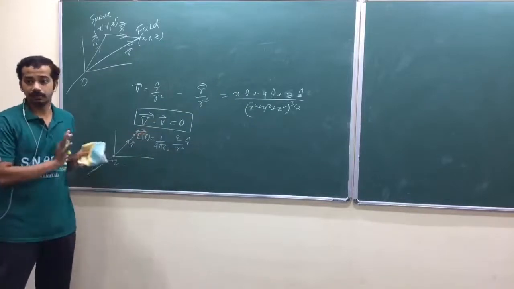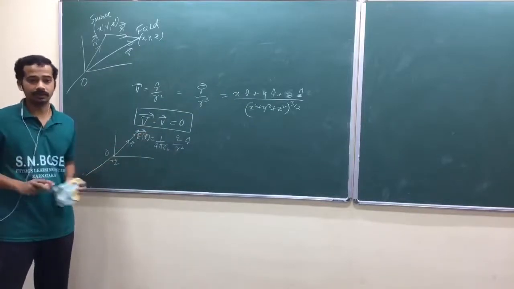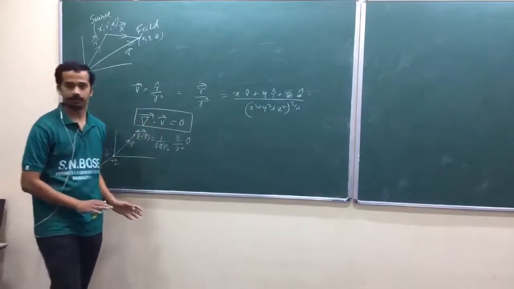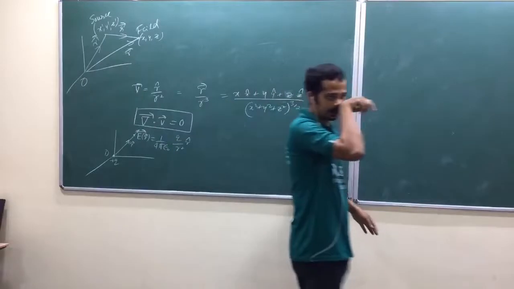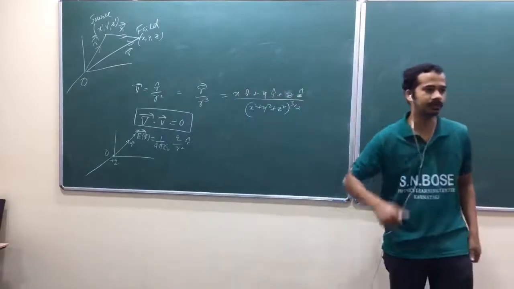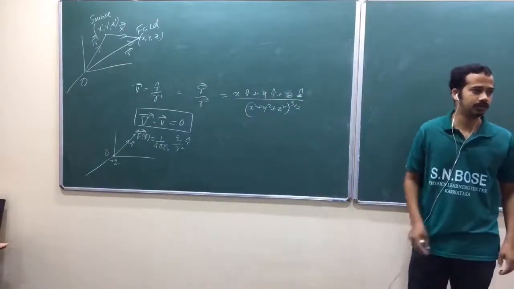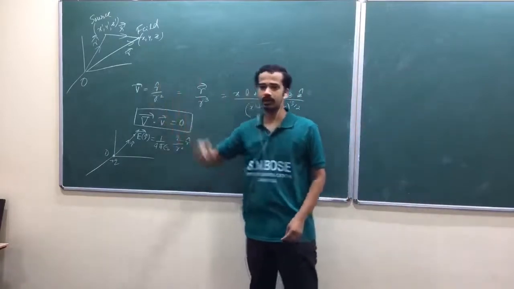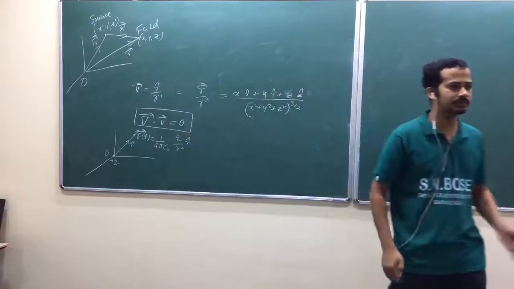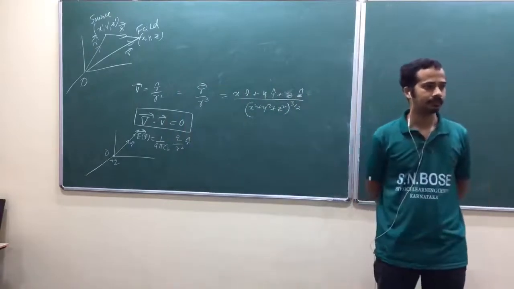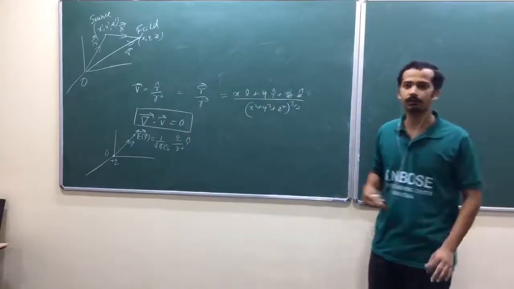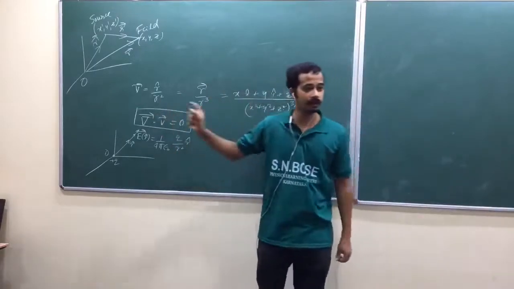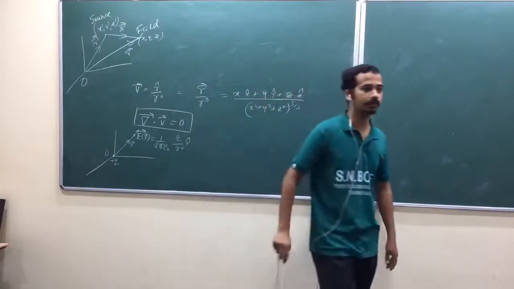So now try to explain. Suppose you don't know anything, try to explain now why it is wrong. Is that okay? Why it is wrong? Because it is saying there is no source, isn't it? Because you can't take the derivative at r equal to 0, where it has a discontinuity. I am saying discontinuity means it is touching infinity. That's why it is wrong at r equal to 0. It is right at all points other than r equal to 0. Other than r equal to 0, you are allowed to take the derivative.